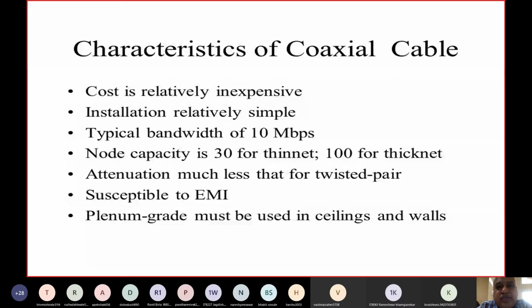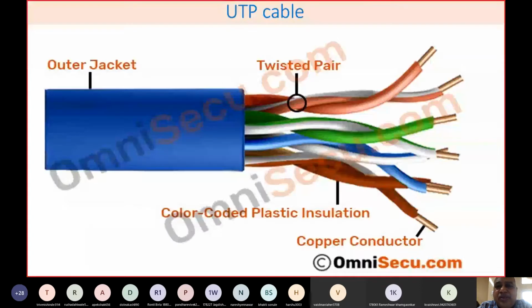Then the next cable is called the unshielded twisted pair cable. That is a twisted pair cable. Now here we'll find this is normally called a UTP cable. This UTP cable, especially for computers, you will find there are four pairs of cables, and these pair cables are colored normally brown. Then you will have a blue color, green color, and somewhat a pink color.